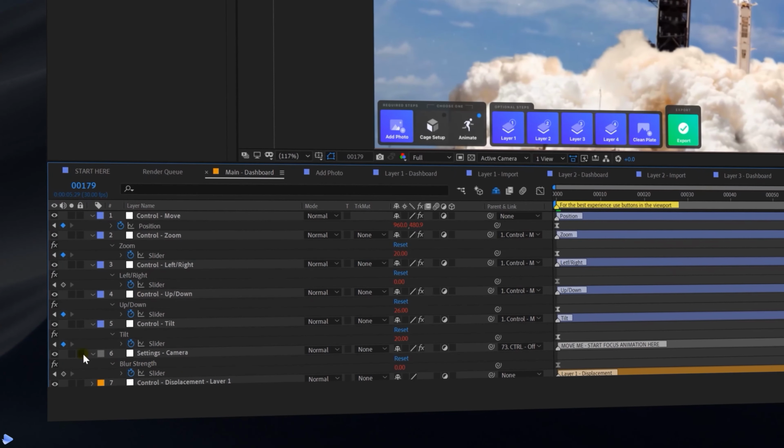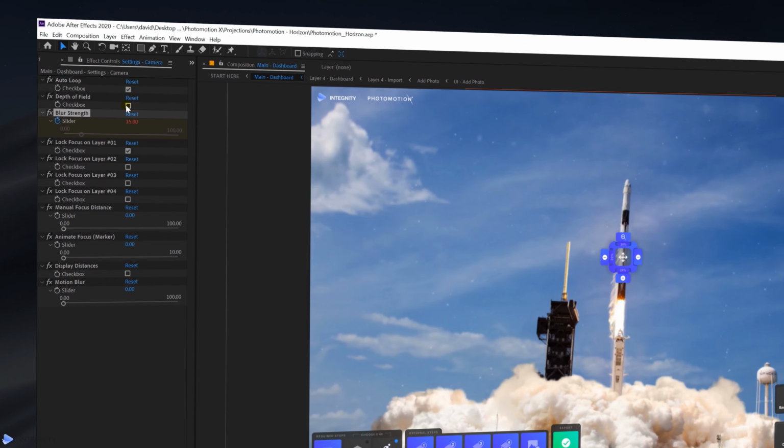So if we bring our playhead to the very end of our animation, we can also see about adding some blur. So if we go over to camera settings, we can add so by just increasing this blur strength, but you can of course do so from the main dashboard and then go to effect controls. So once we've increased this value, we just need to enable the effect by going over to effect controls and then clicking on this checkbox under depth of field. We'll also uncheck the default lock focus on layer 1. The tarmac isn't exactly the most interesting part of our animation,